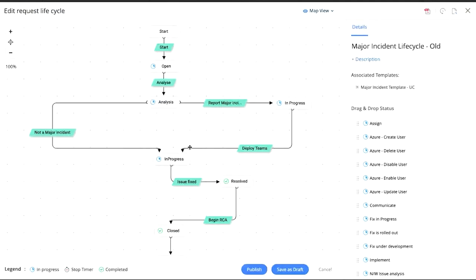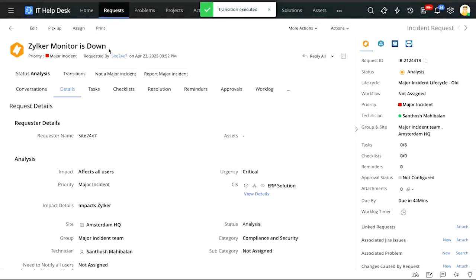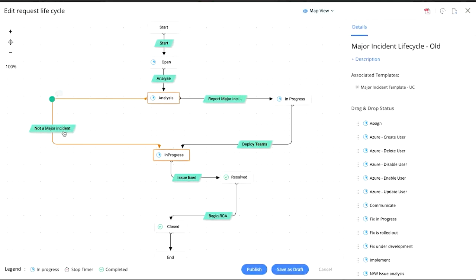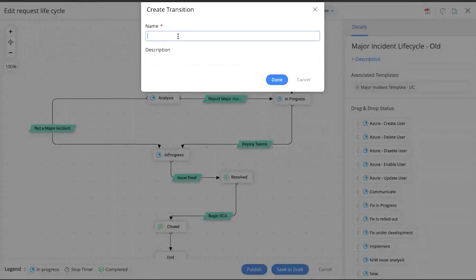And this is exactly the automation which you're seeing in the actual ticket. So you see transitions, not a major incident and report a major incident, and those are these buttons you see over here, right? These are once again drag and drop options, similar to how we saw on the template area. All you need to do is drag and drop it within the canvas, and you can choose to introduce transitions by just pointing this to the next status. By clicking on this rhombus, you can initiate a transition. I'm going to say on hold for now. And when I click on